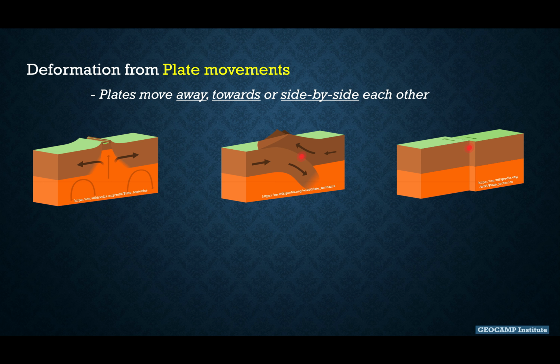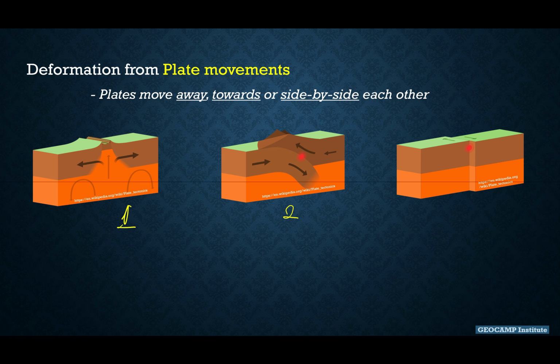Deformation from plate movement. Now, the earth plates may move away from, toward, or side by side each other. When they are moving away, like we have in this first case, we say it's extensional plate movement. In the second scenario, where you have two plates moving towards each other, in this case, supposing you have the